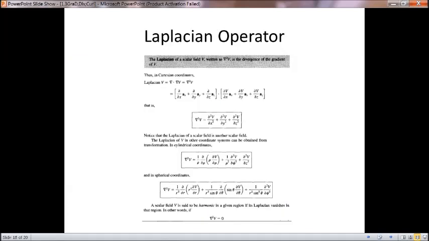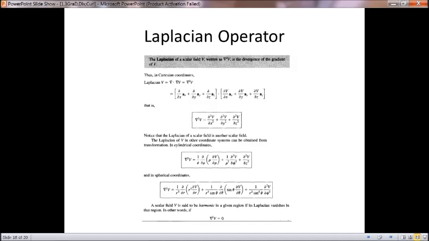Then the Laplacian operator. The Laplacian operator means we have del dot del v, that is del square v. We have another del operator over the one function, two del operators, del dot del v, which is del square v. So del square v is dou square v by dou x square plus dou square v by dou y square plus dou square v by dou z square. This has been given in the Cartesian coordinate system, cylindrical coordinate system, and spherical coordinate system.